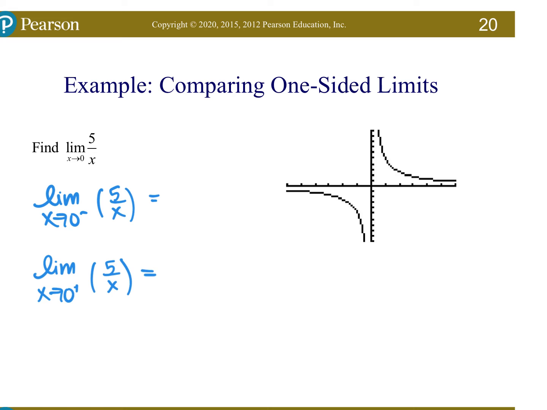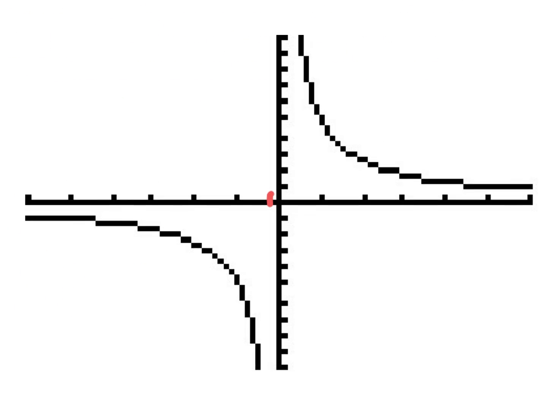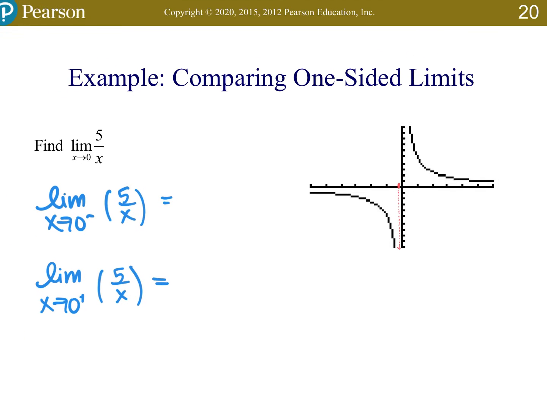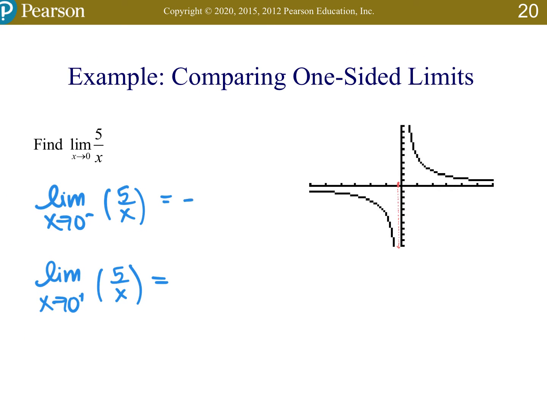The name of this function is a hyperbola. It's got its branches. Okay, so let's look at just the left side of 0, barely to the left. If I look at just barely to the left of 0, and I try and come down and connect with the graph, how far down am I going to go? Infinity. I'm going to go to negative infinity. So the answer to 0 minus is